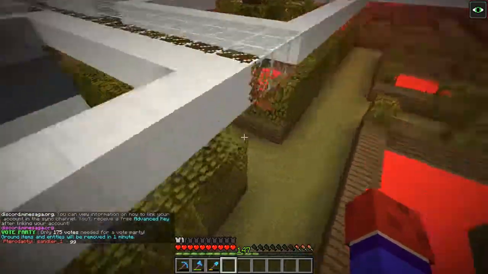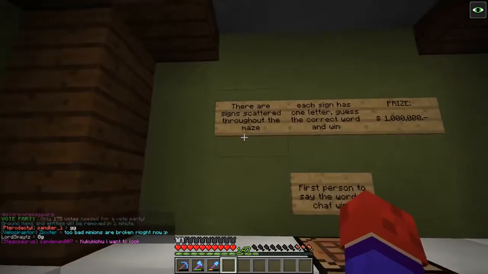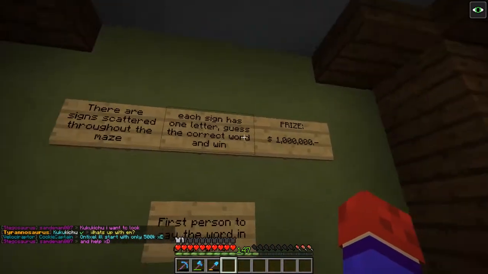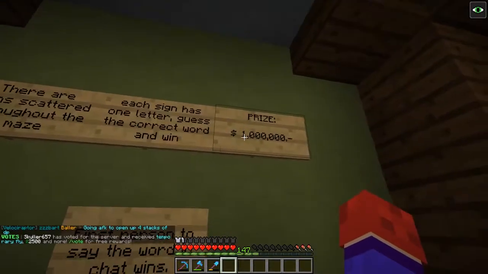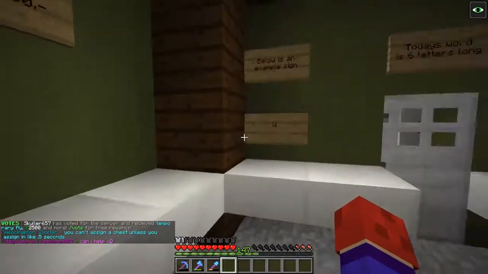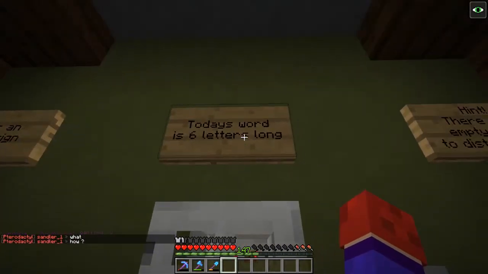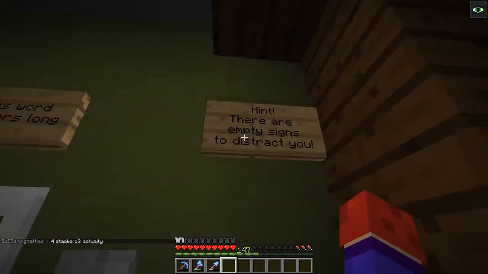So I'll quickly show how this maze is gonna work. It's gonna be a little game. There's gonna be signs scattered throughout the maze. Each sign will have one letter, and if you combine all the letters, you'll get a word. If you're the first person to guess it, you win a prize. In this case, $1 million. In-game cash, of course. I don't have 1 million in real life. This is kind of like what you have to look out for, a sign with a single letter. I'll tell how many letters there are, and of course, because I'm a little jerk, I'm gonna put some empty